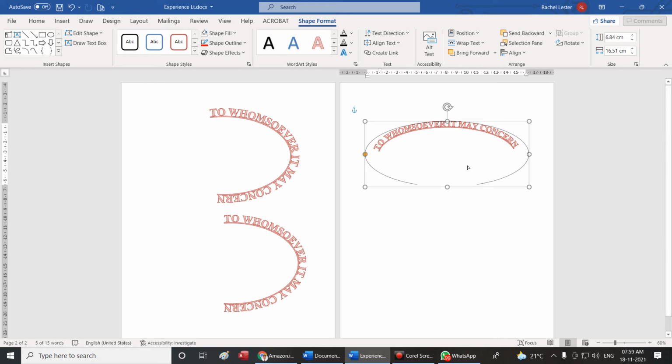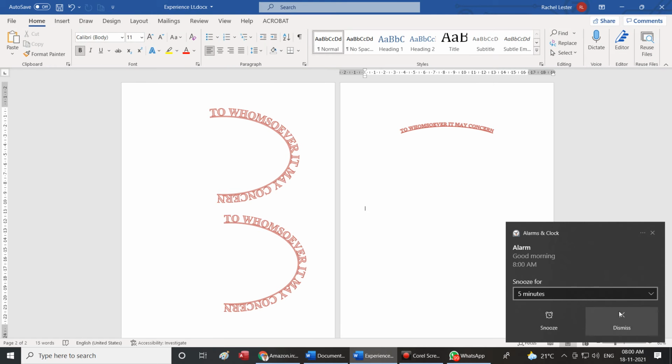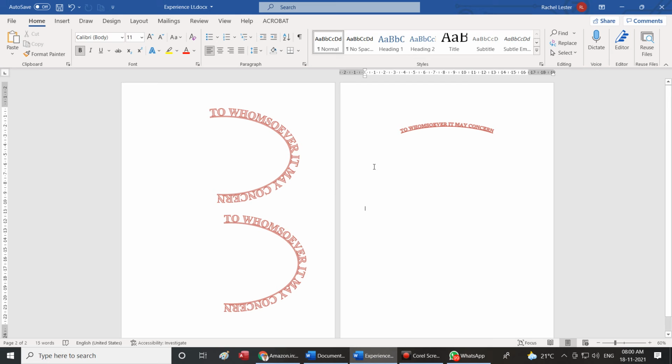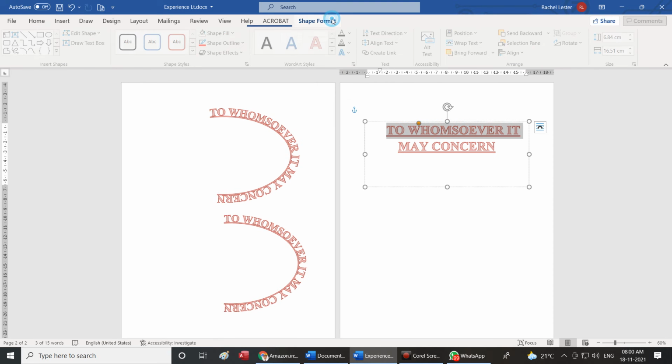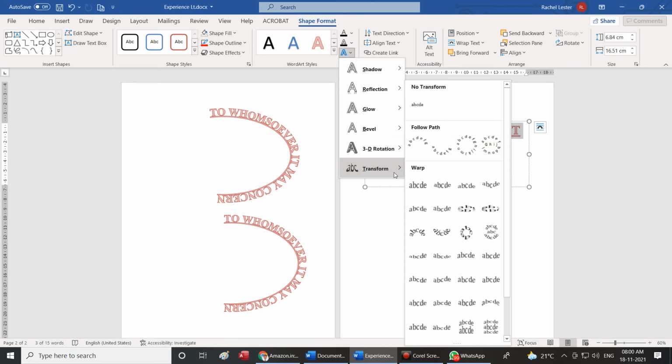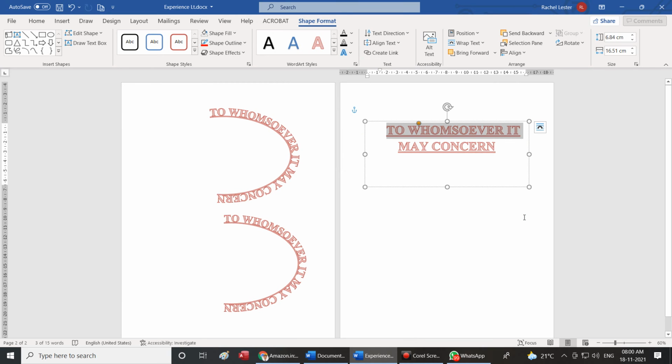Here is an option where you can always change it to whatever location you want, either on the top only, or like this. So change it this way, increase the font size, decrease the font size, all these options can be used. I want you to create different kinds of such text. At least I want you to create 10 different kinds of text. How will you practice this? You will have to simply select this, go to shape format, use this transform and try to do it in various manners. Okay, so all the best.